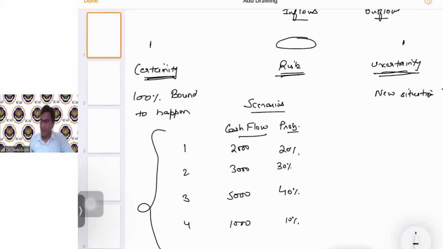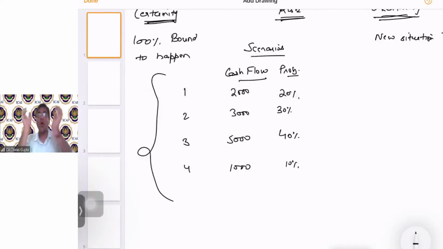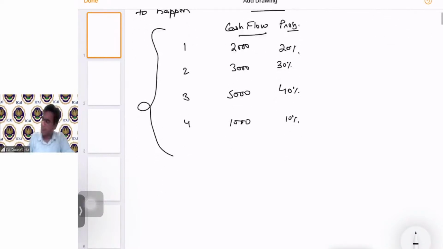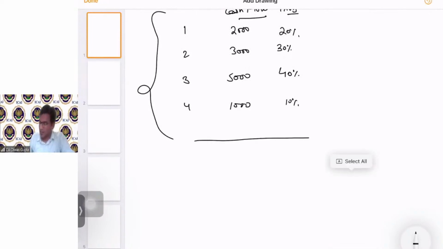Okay, I hope the context in which we use the terminology of risk is clear. Risk is a literal term and also a statistical term that we are going to study. Practically, you don't know that the cash inflows or cash outflows in the future are going to happen with certainty. The risk element is always there in your projections, and that is where the need for this topic comes from. Now let's take this further because we are studying risk.